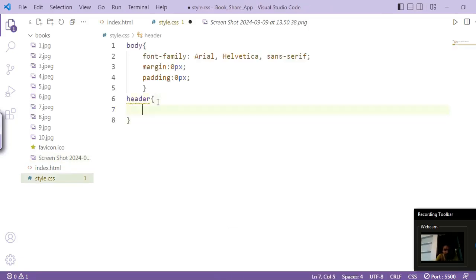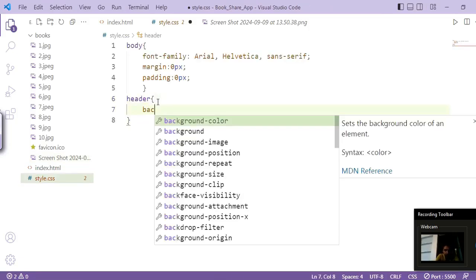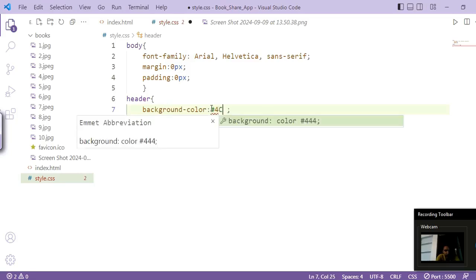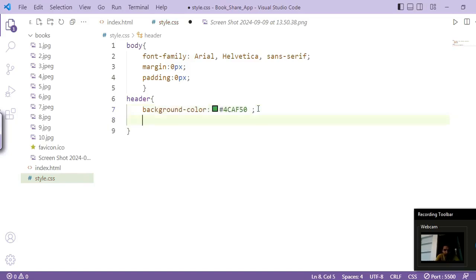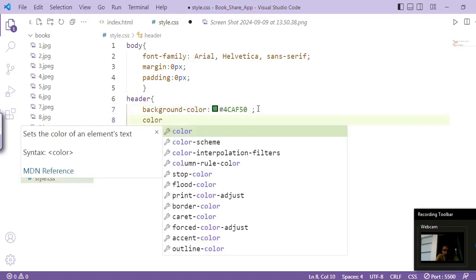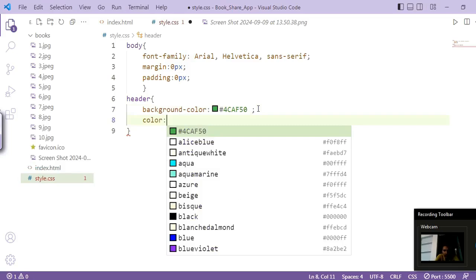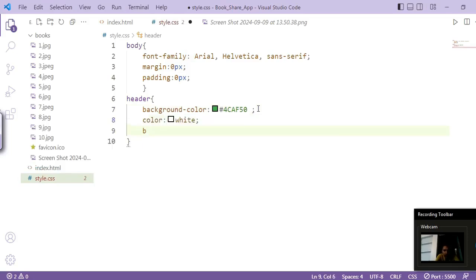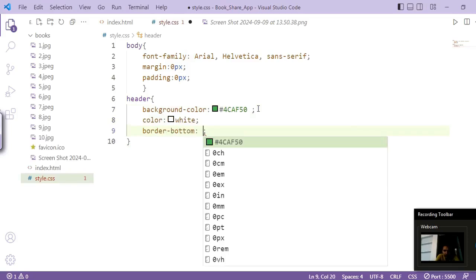So inside header I am using background color, okay, as 4CAF50. So this is the background color which I am using. Then I have text color, and this is white. Then in header I am using border bottom, okay. So we have to create the border from the bottom.